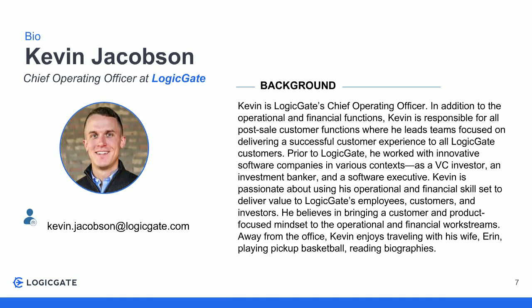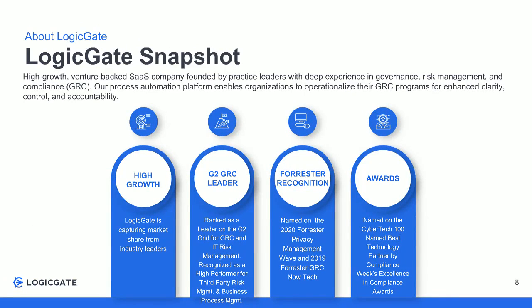Hey everyone, Kevin Jacobson. I'm the Chief Operating Officer at LogicGate. LogicGate's a high-growth GRC software company based in Chicago with clients globally. We help clients with all sorts of GRC applications like enterprise risk management, IT security risk management, compliance, controls, third-party